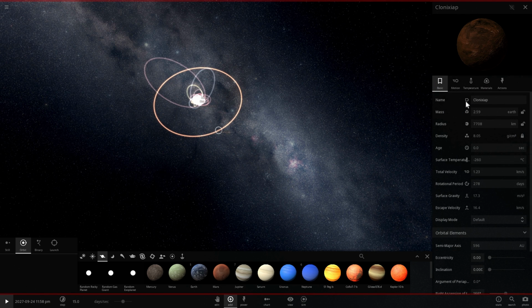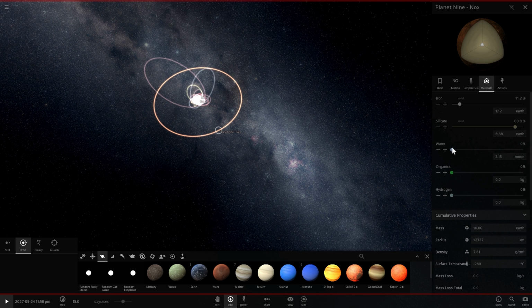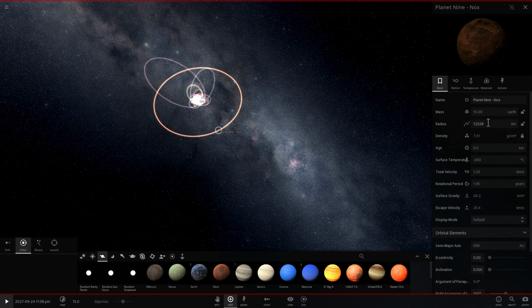Or actually, let's not use Earth. We're going to use a completely random terrestrial planet. We're going to name it Planet 9. And some people actually suggested the name Nox, so if we actually find it one day, it may have the name Nox. And here, the actual mass of this planet would be about 10 times the mass of Earth, with slightly similar composition to Earth, and its radius would be about 2 to 4 times larger than Earth.